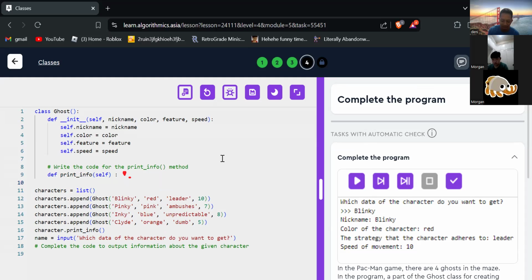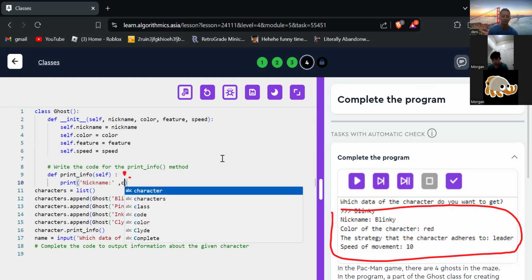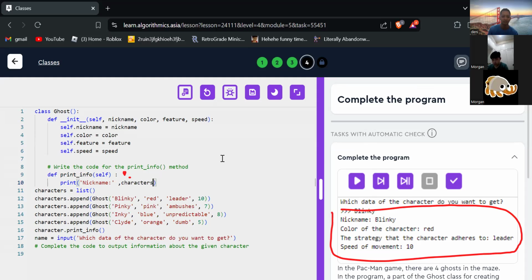Okay. Let's create this template. Nickname and then self dot nickname, and then color of the character, self dot color. Self dot nickname.